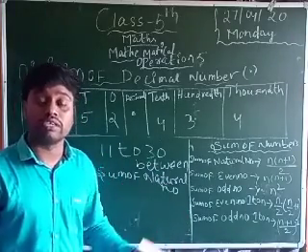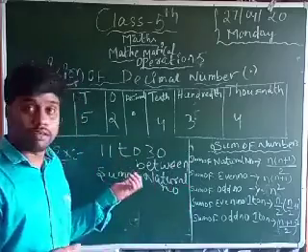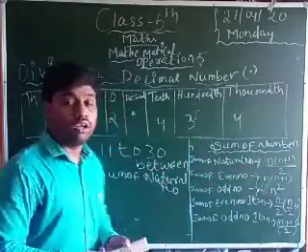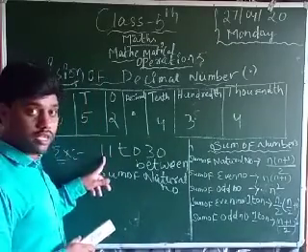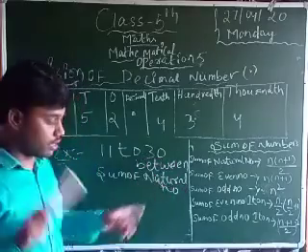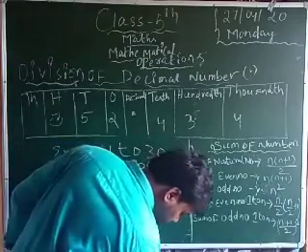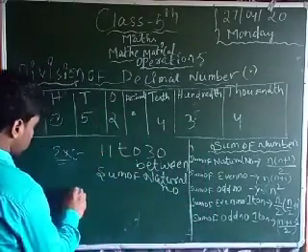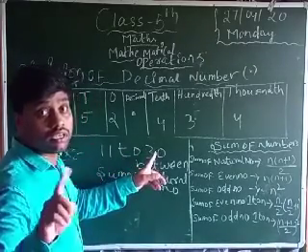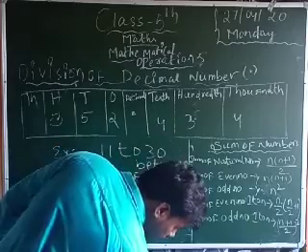How many natural numbers are there? This is a very lengthy process and takes time, but you can solve it easily with this formula. This is the first number and this is the ending number. Understand? Keep it in your brain. Look properly: this is the first number, this is the last number, this is the ending number.